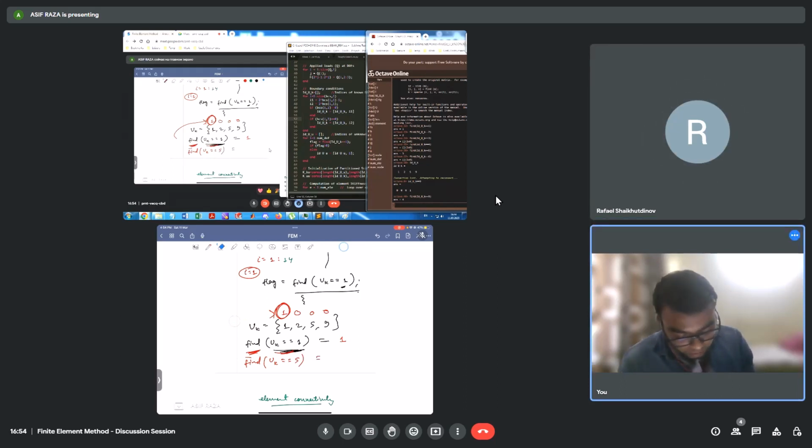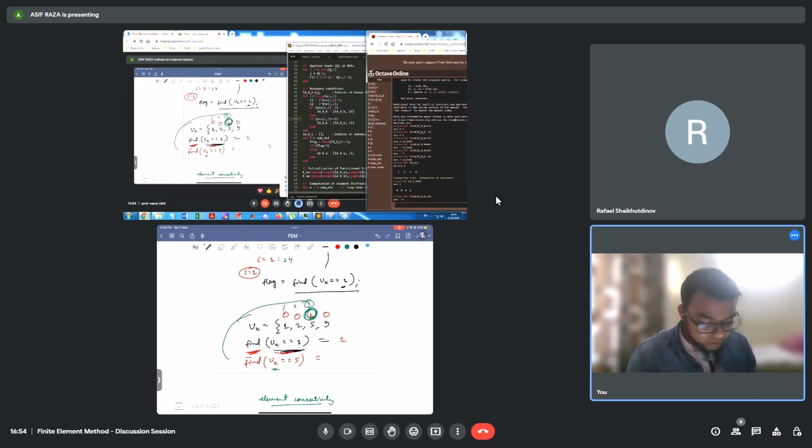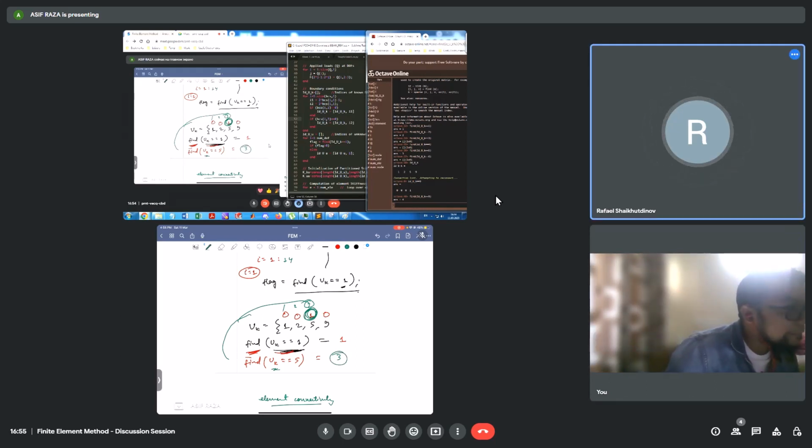UK equal to 5 gives 0, 0, 1, 0, and one value is here, so this is 1, 2, 3. The third index of UK is 5. Okay, now it's clear. Now if flag is greater than zero,